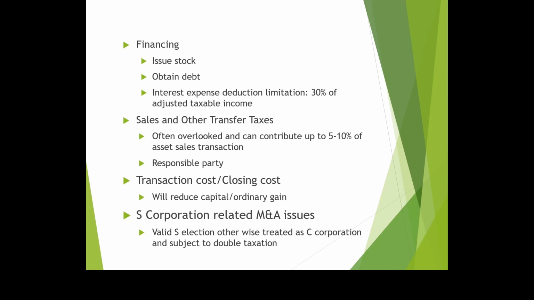Other than that, we also have to make sure, as a buyer, that we are not very thinly capitalized. A lot of times, we try to buy a company which is more than what we can chew. We are a $1 million company trying to buy a $10 billion company, and we are taking on a lot of debt. When we do that, there are some limitations by the IRS on how much interest expense we can deduct. As per today's law, about 30% is the max that can be deducted. So don't go very thinly capitalized when doing these